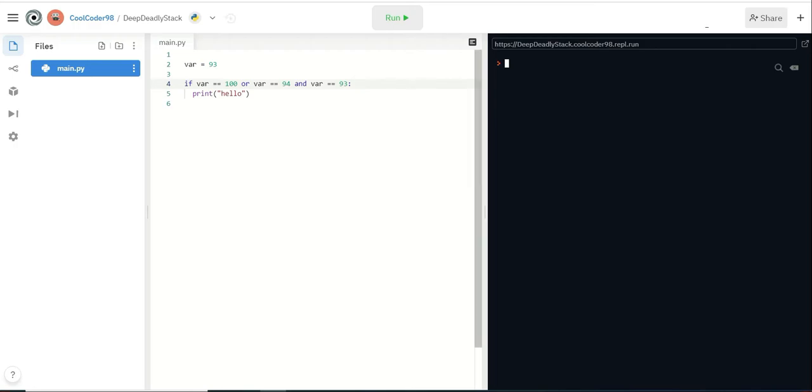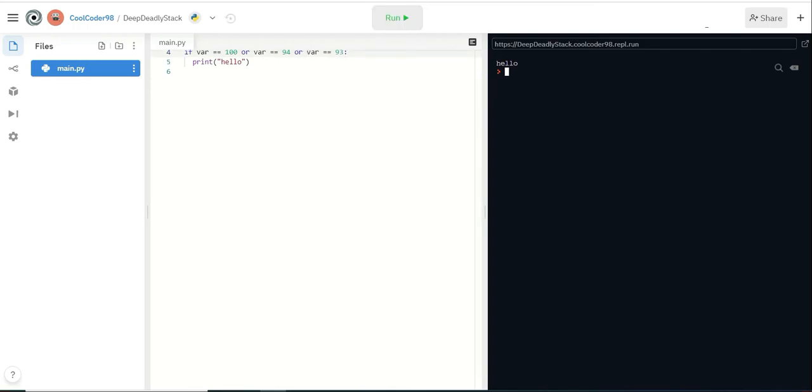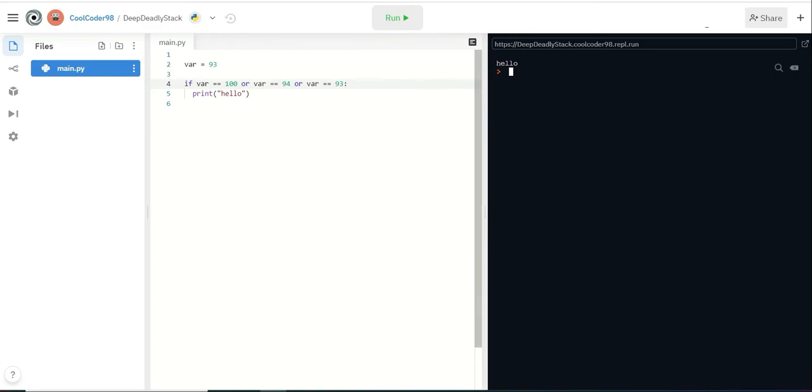What? Oh, I did and. Sorry, I keep messing this up. Or. Yes, okay. And you might have just seen, I just showed you another one of these logical operators, and. So I'm just going to create